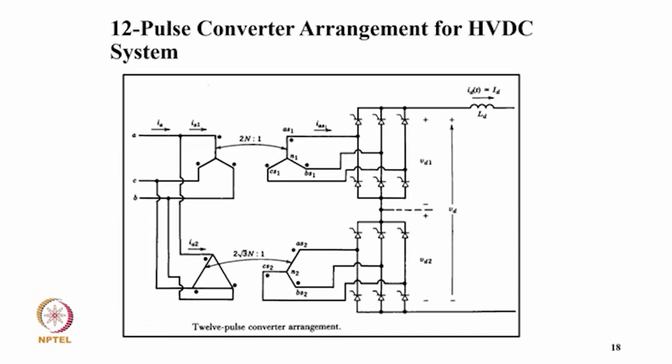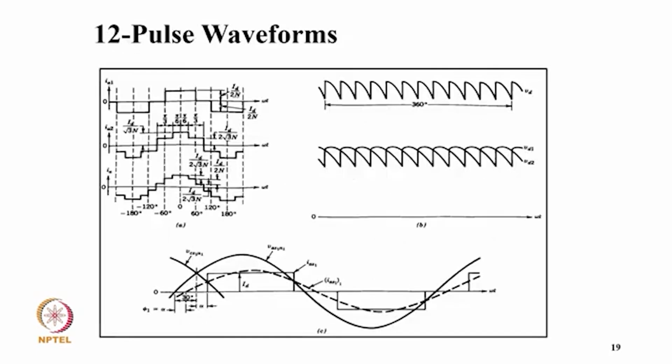We have different possible connections. On the primary side we might have either a single primary or two primaries, as shown, but on the secondary we have a phase shift of 30 degrees, as you see in star-star and delta-star. On the secondary side, we connect them in series to have a high voltage for the transmission system. Of course, we use an inductor to reduce the ripple in the current, so that there is an ideal current source for the transmission line. This phase shift of 30 degrees causes a 12-pulse on the DC side, as well as 11th order harmonics on the input side.